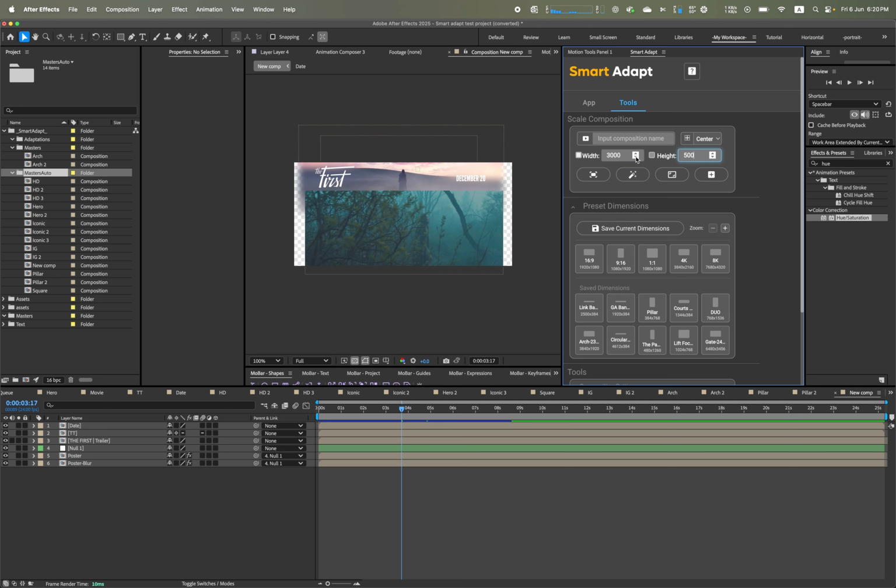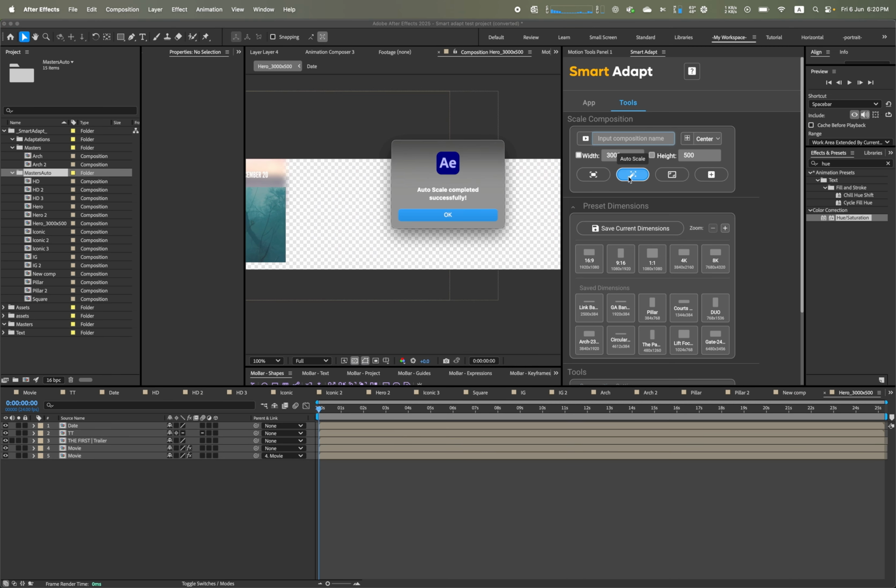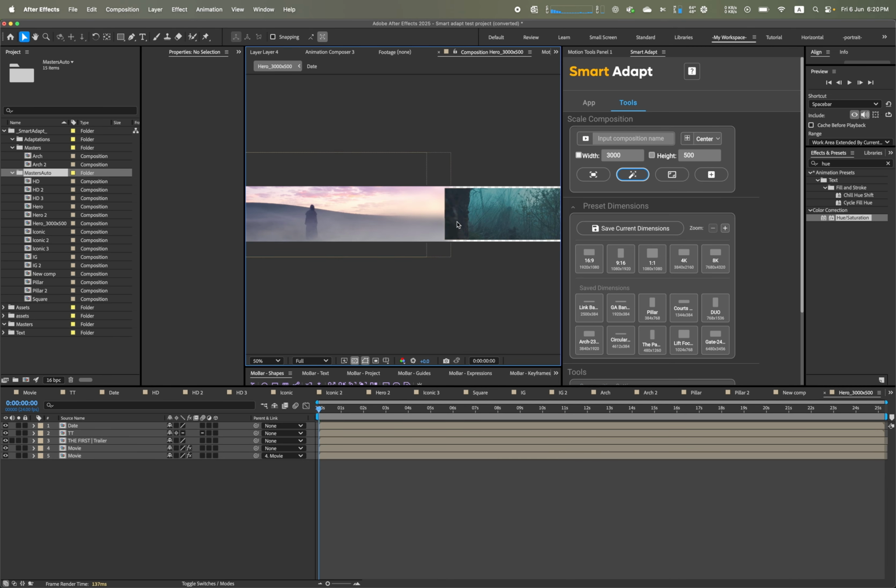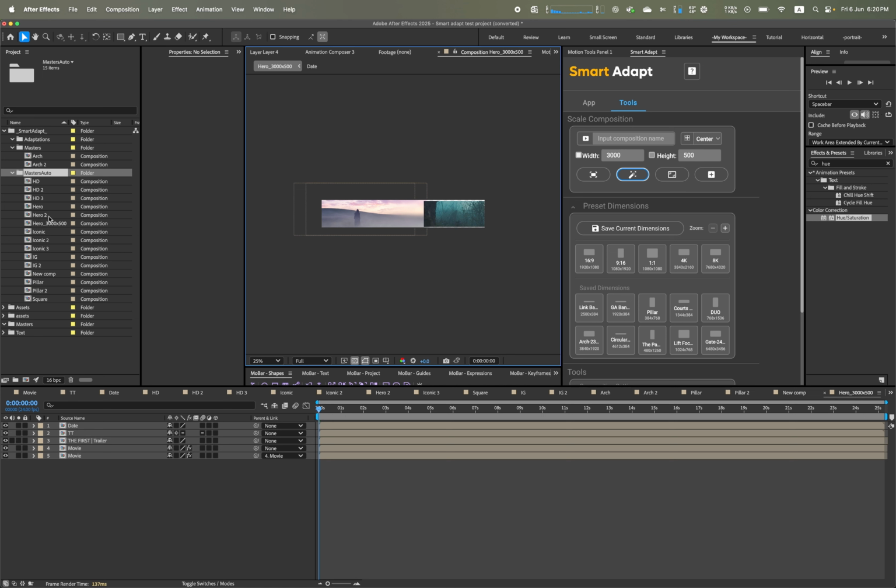Now here's the magic. Just import the size. If you want to give a name, you can. If you don't give a name, it will automatically use the width and height as the name for the composition. In this case, I want to keep it without a name. And I will click here, auto scale. What the extension will do is go to this folder, search for the closest ratio to the new dimension, duplicate it, rename it, and do all the rest and change the size. I will click auto. Okay, as you can see, now if I go to the master, I can see here